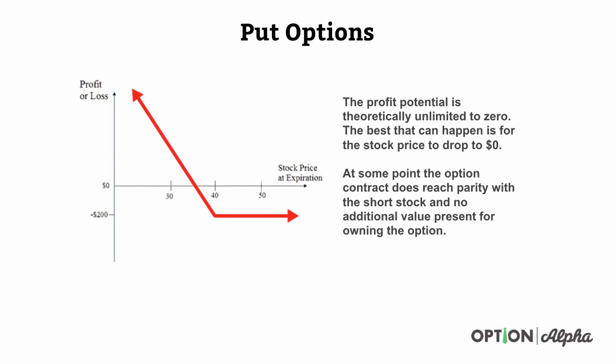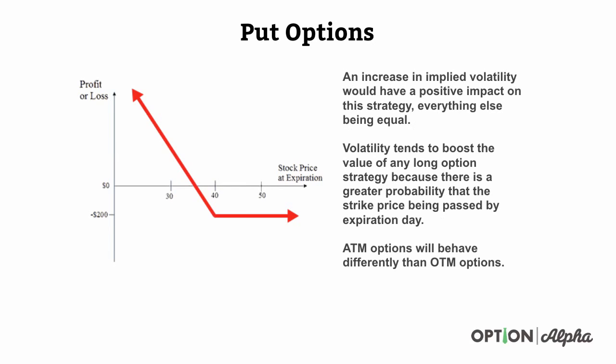At some point, the options contract again does reach parity with the short stock, meaning there's no additional value present in owning the option. That's usually if the option goes very deep into the money. And then at that point, every dollar move down that the stock makes, the option value goes up by $1 as well. Now, all things being equal, an increase in